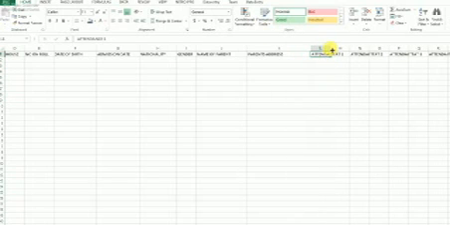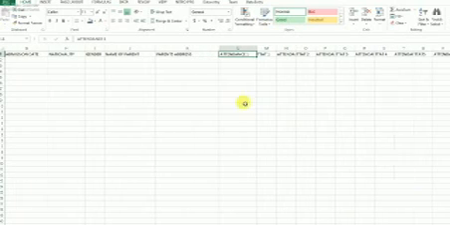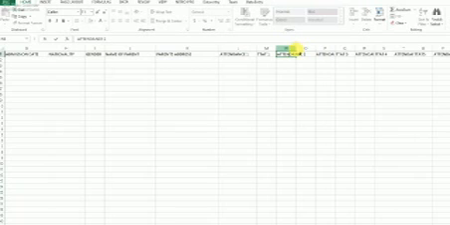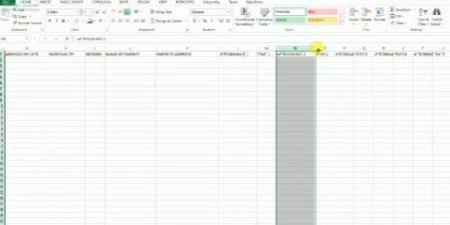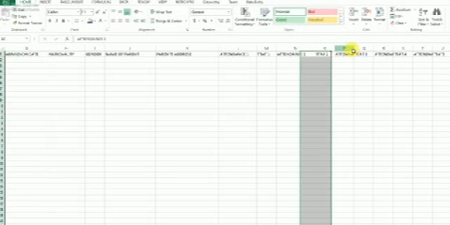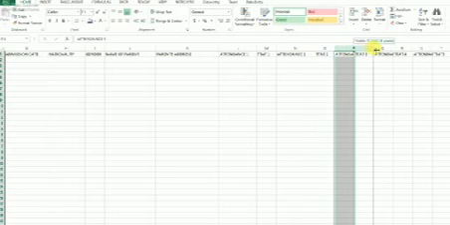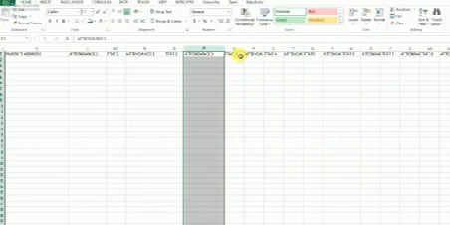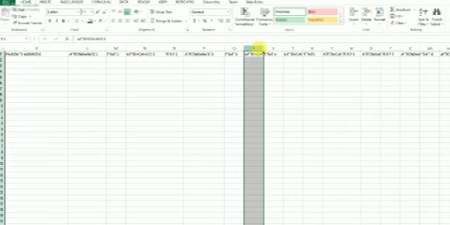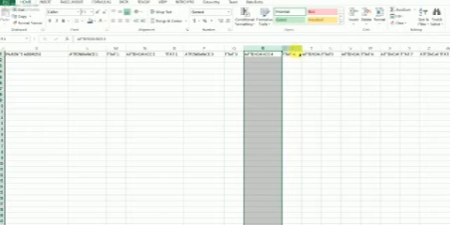Then attendance. Have attendance 1, total attendance 1, attendance 2, then total attendance 2, attendance 3, and we have attendance 4. Total attendance 4 is okay.